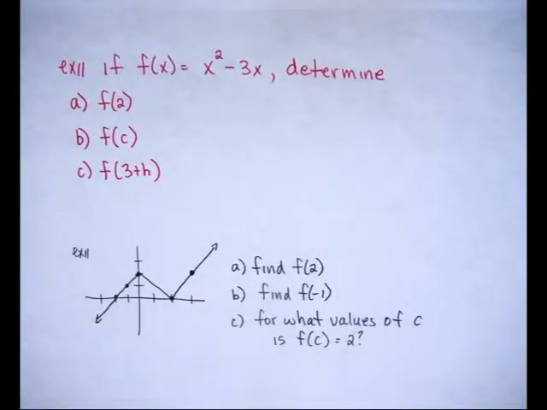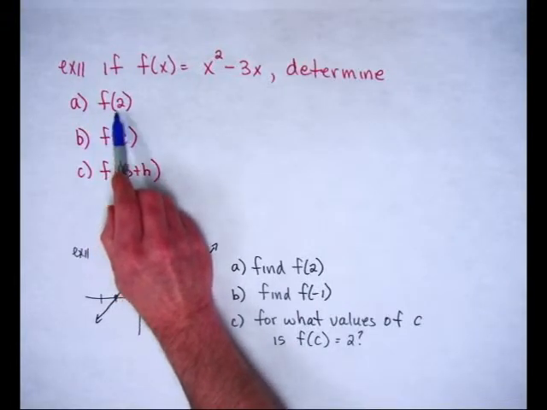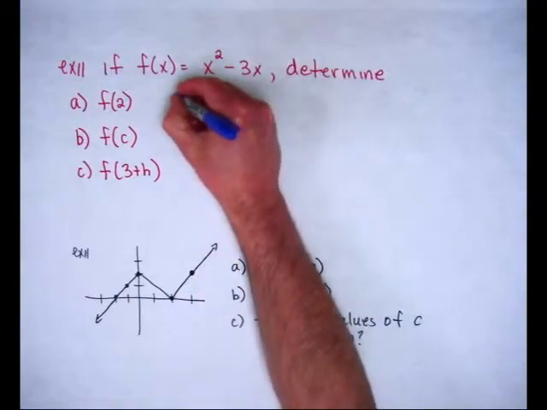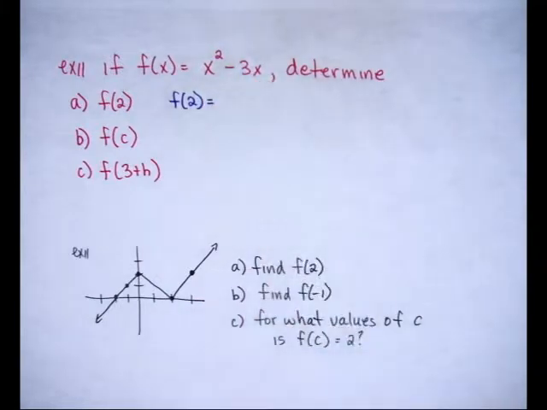And I've taken you through 3 situations here. Often we just plug numbers into functions. The input would just be a number. So in this case, you would read this as, what's f at 2? In other words, what would you get if you took the number 2 and threw it into the function machine? So the way you would write that is you would just say f at 2 equals, and then you would